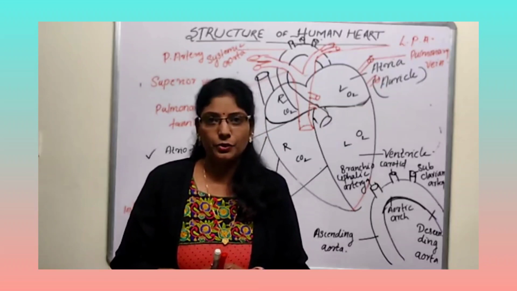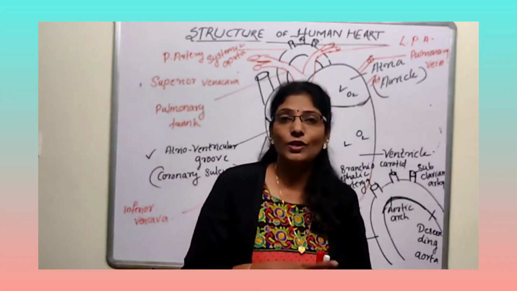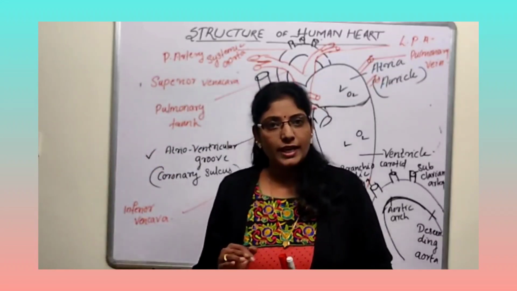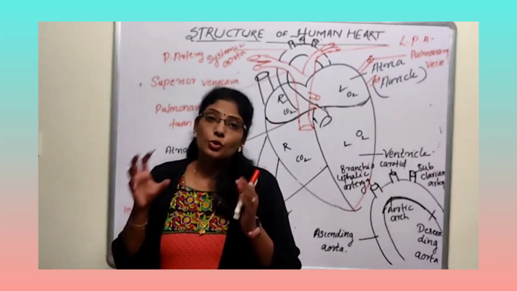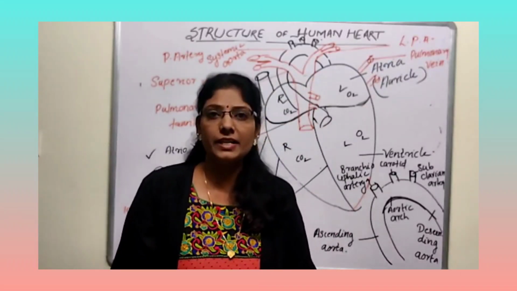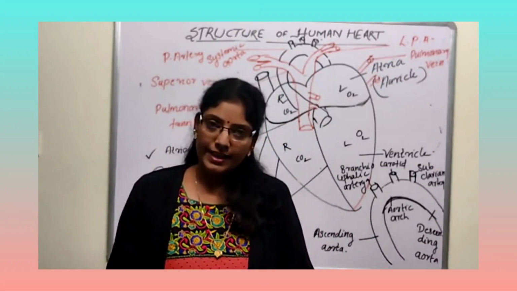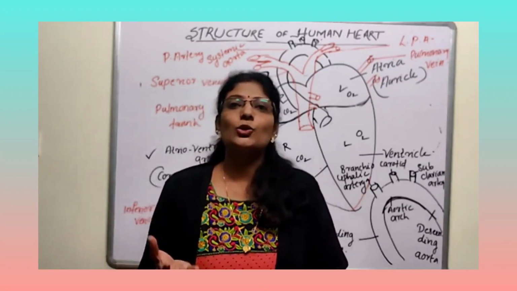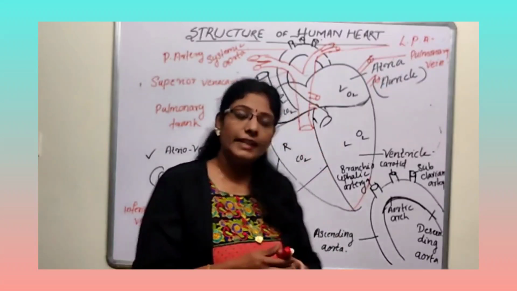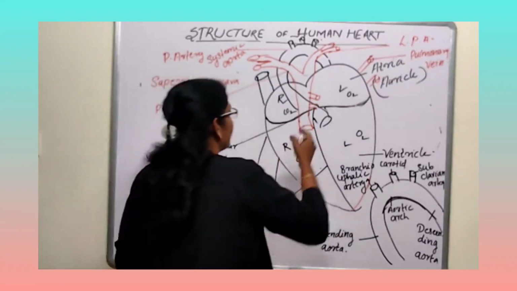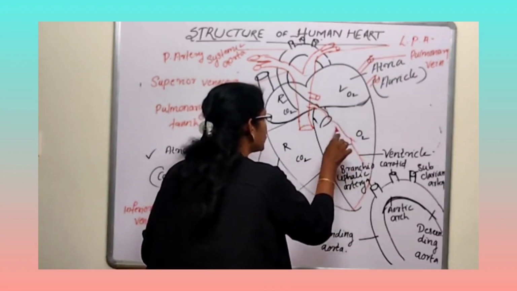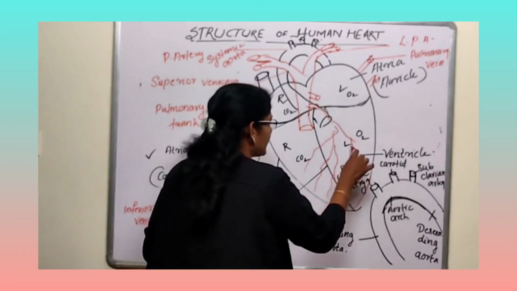wall itself. We studied that heart walls consist of three layers: outer epicardium, middle myocardium, and inner endocardium. So that walls are made up of cells. That also we studied: squamous epithelium and then cardiac muscles. Those cells also need the blood. So the heart wall itself needs the blood. That blood is provided by many small blood vessels like this.